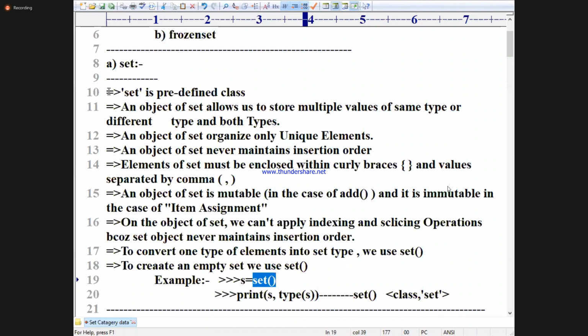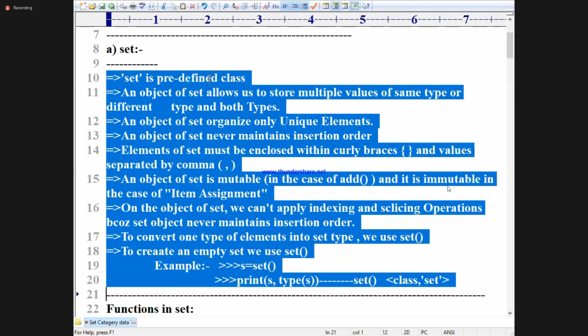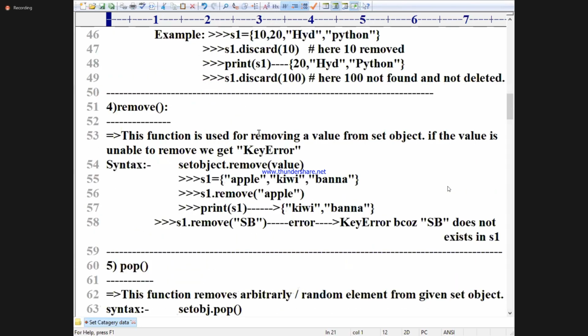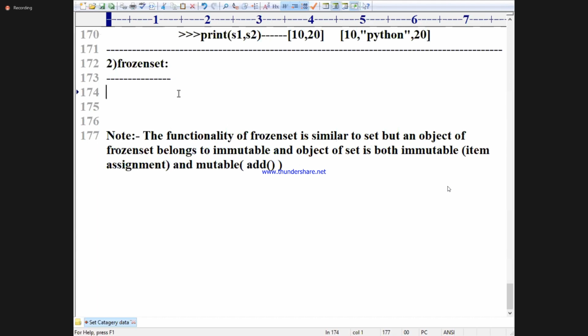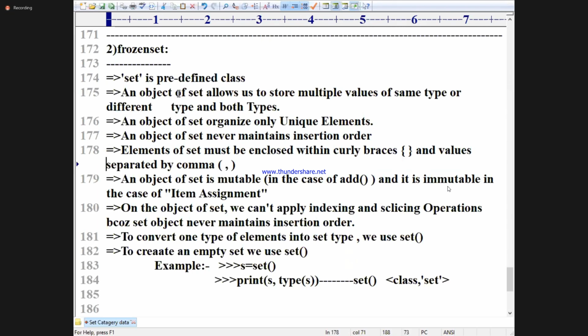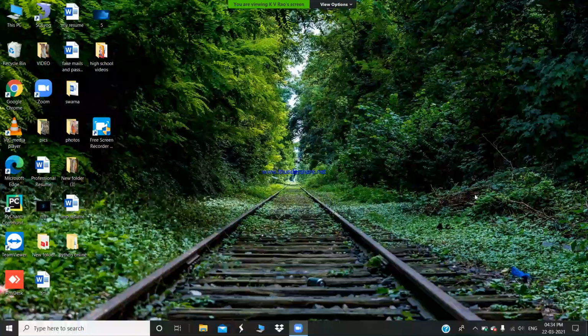If you follow me, as a teacher, I would like to give these properties for the sake of notes and for the sake of interviews. If you are very much interested, anyhow I will be uploading this on the net, Google Drive, Classroom, you can also take it. Now I will go through these points. See, all of you observe it. What is this? Frozen set, a predefined class.